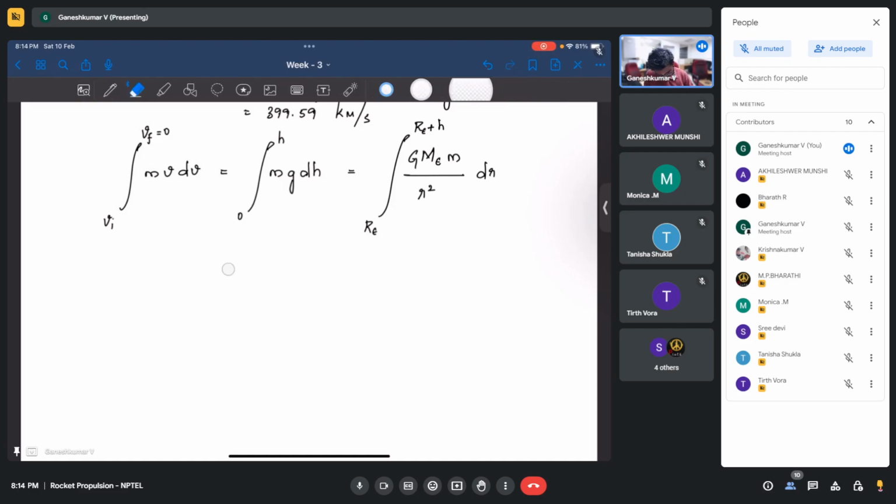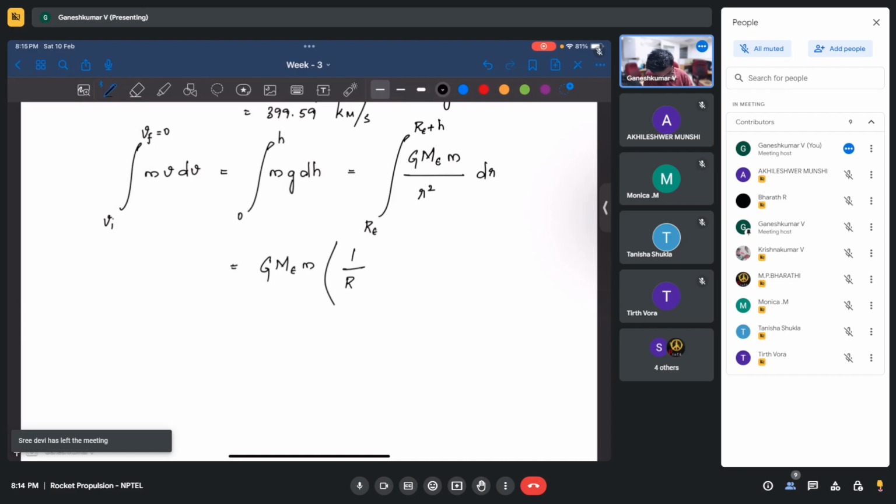So let's say if I integrate it, you will get G Me m into 1 by Re minus 1 by r is equal to,